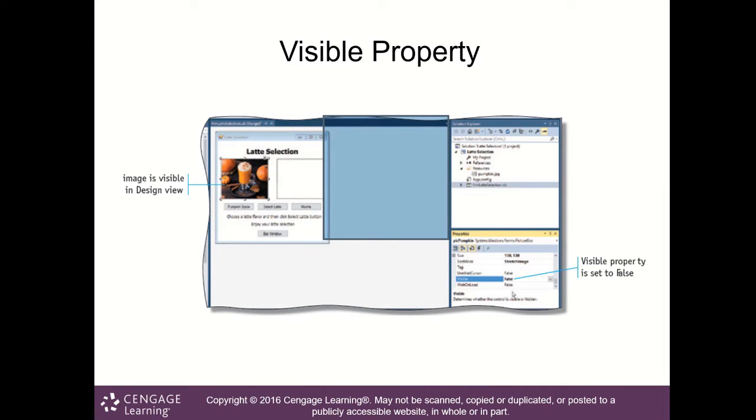So the visible property, I mean the visibility, is selected there. You see here in this screenshot, you see the properties area, I mean this area here. Actually you can see that the visible property is selected as false. That means when you start the window, by default this image will not be visible. Okay,